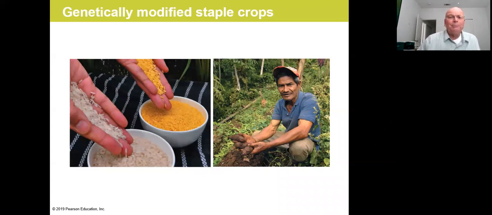So they went back to the drawing boards and created what is now called Golden Rice 2. And this is actually well received because it tastes like the regular rice, but it has this high level of